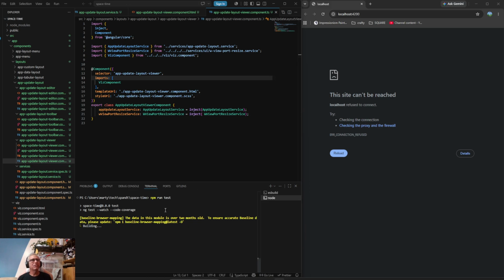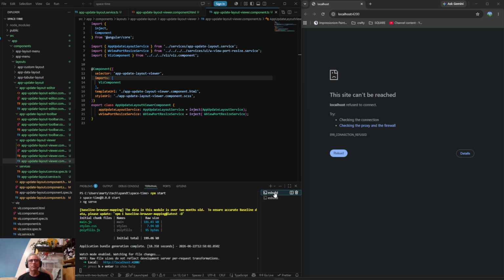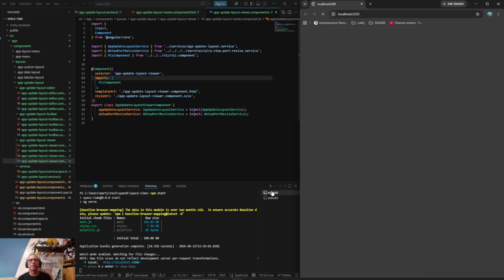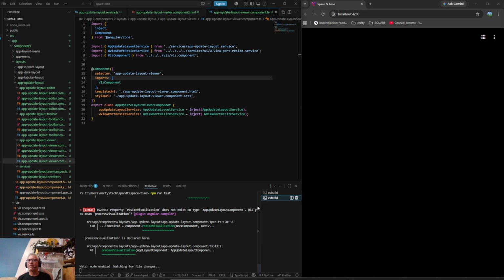So anyways, I have unit tests running. This app layout sort of grew into a bunch of components and a service, and I don't know what the name for that is. There should be a name for that kind of component, that kind of service. And oh no. Okay, was that the build? Okay, that was the test one. Okay, so this one is running. So now, I don't know what that's called, but I probably should have used a module for this one to sort of group it all up. I think that's the purpose of modules.